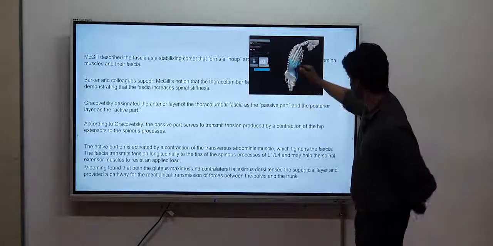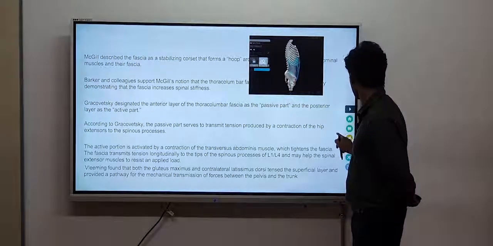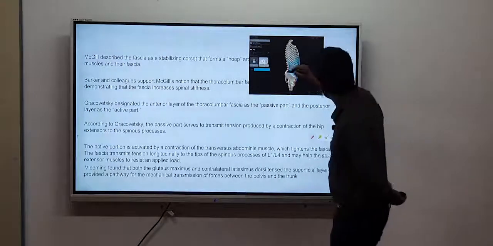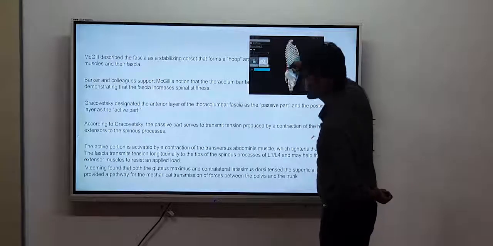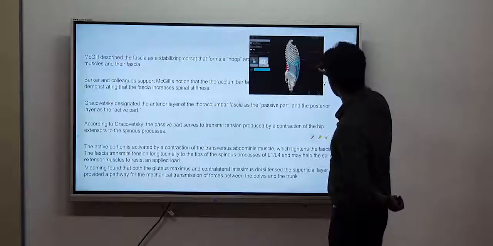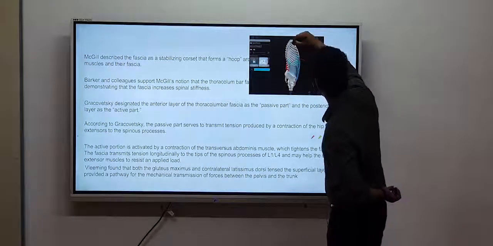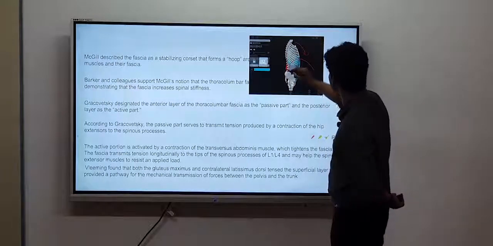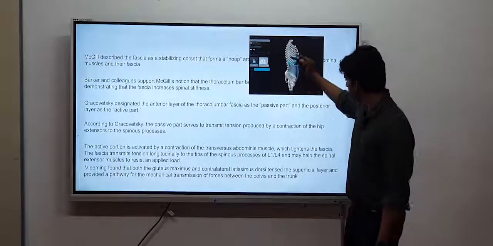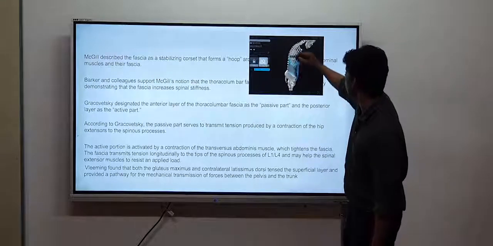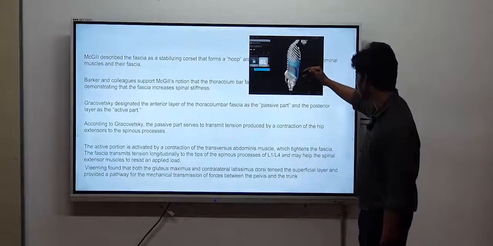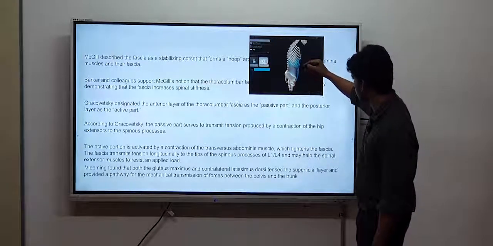For example, see the thoracic and the posterior structures. Their action is to prevent further bending of the cervical spine. If this is the cervical spine and it is going towards flexion, these muscles have to elongate and restrict the movement. The function of the erector spinae, the posterior muscle, is to elongate further and avoid unwanted movements. As I explained, the anterior structure has to shorten when going down, and the posterior muscle